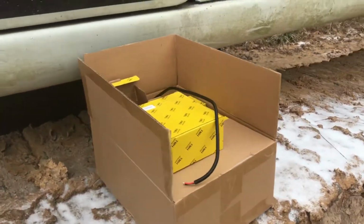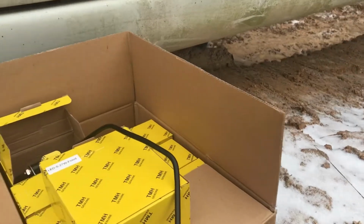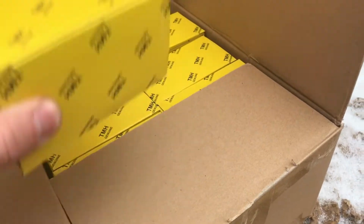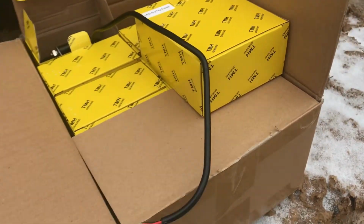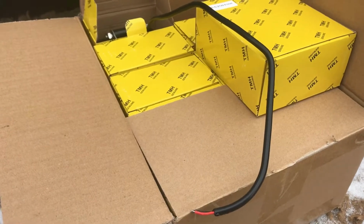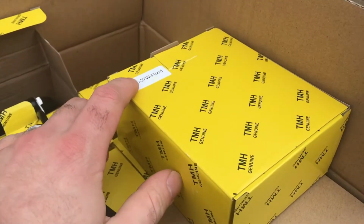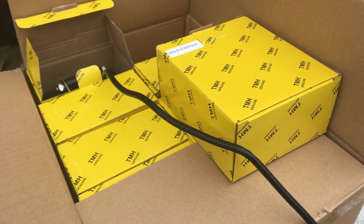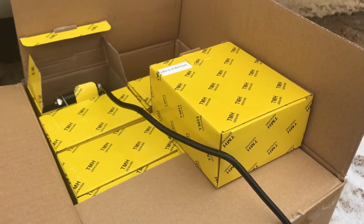I have no idea, but the pictures people have and the reviews look okay. These are, I guess that's the brand, TMH Genuine. I bought these on Amazon. I think I just did a search for 24 volt LED lights, and this is what I got. They're 27 watt, which isn't the brightest. They had some 48 watts, but they weren't